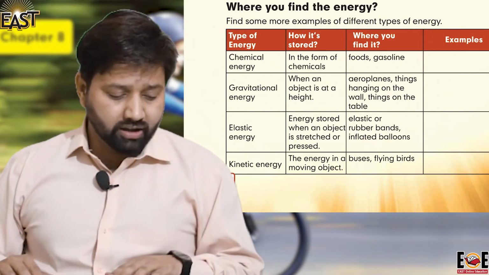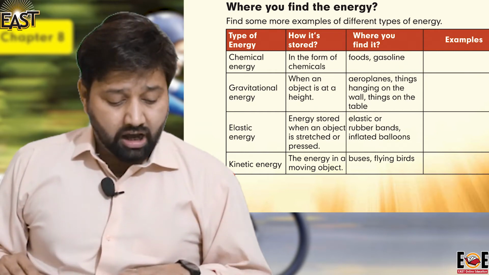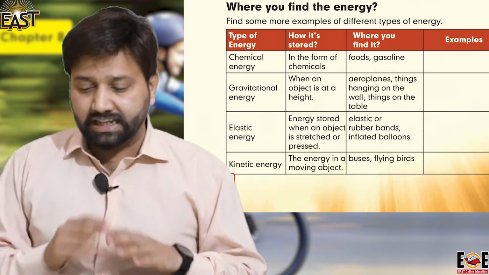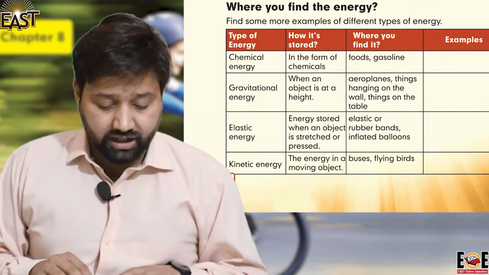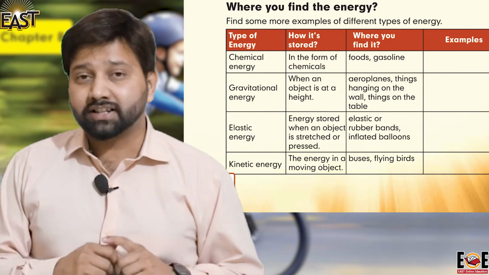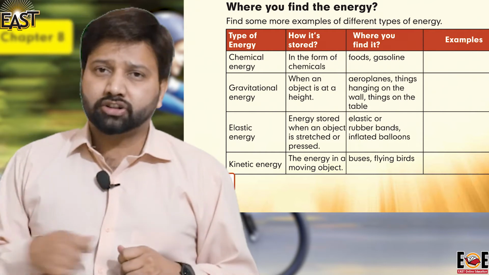Now we are moving on to the next type of energy, and it's electrostatic energy. How it's stored? When two charged objects are moved closer to each other. And where you find it? In thunder clouds. And the examples are a plastic comb or plastic scale when you rub it with cloth, and then